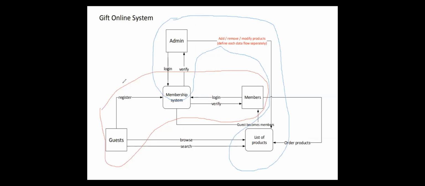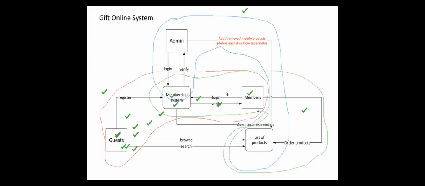And we have done the login, we have done the admin. What is left here is the buy products page, which is done from the membership. So we can do a third part for ordering the products. So as you can see from this diagram, there are three important parts. One of them is the guest logging into the system and becoming a member. So there has to be a sign-in and login form.